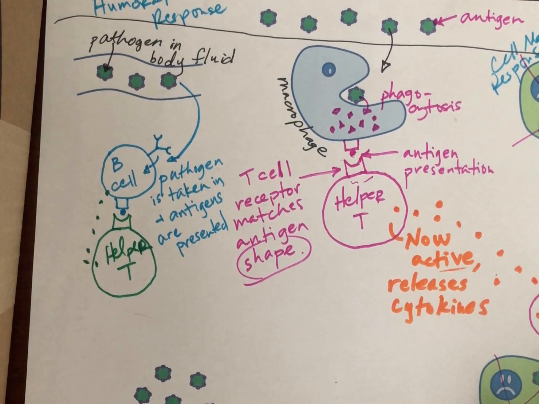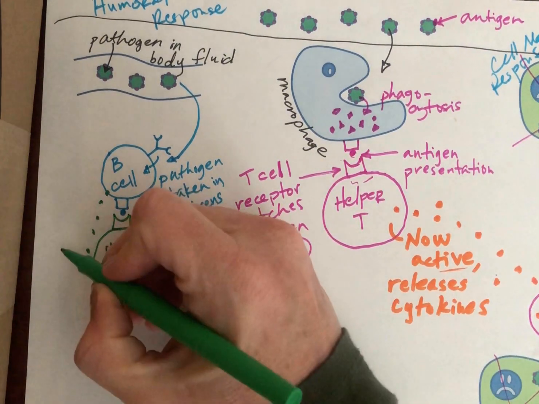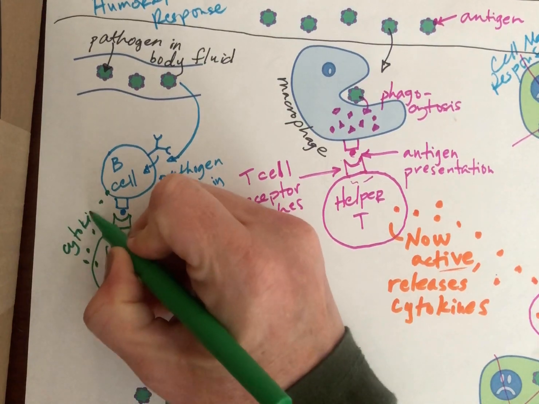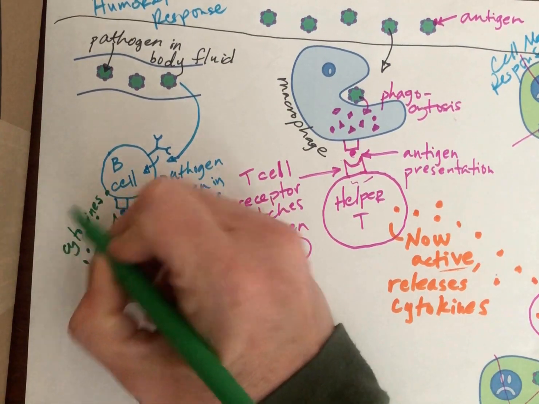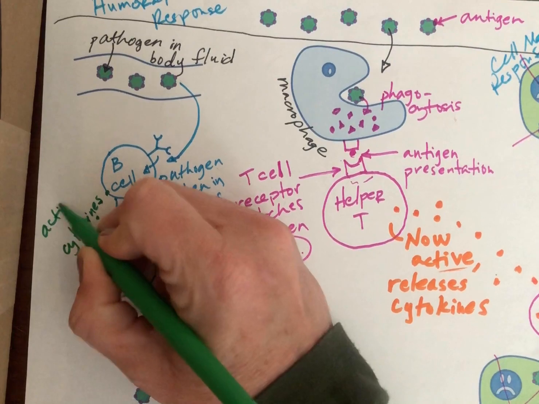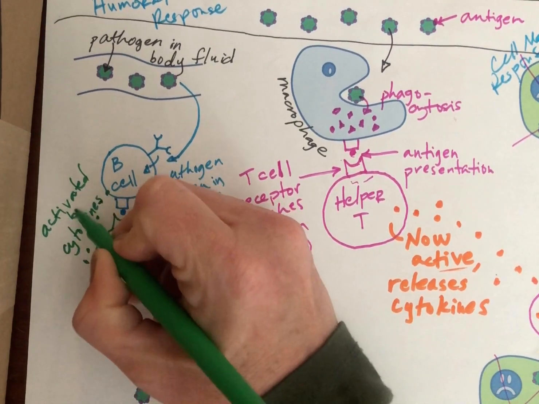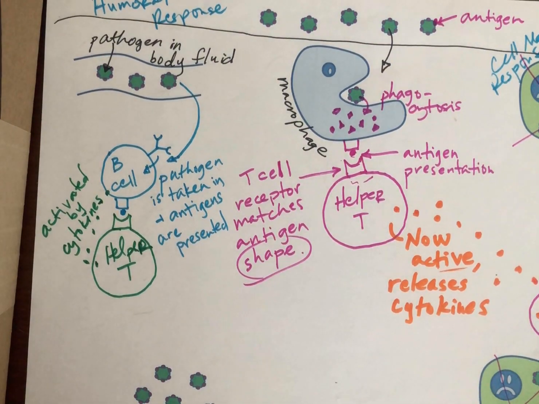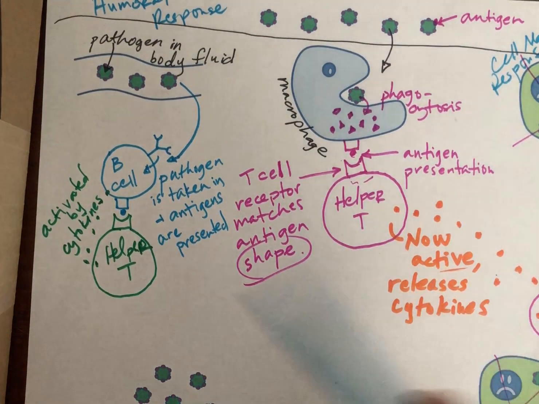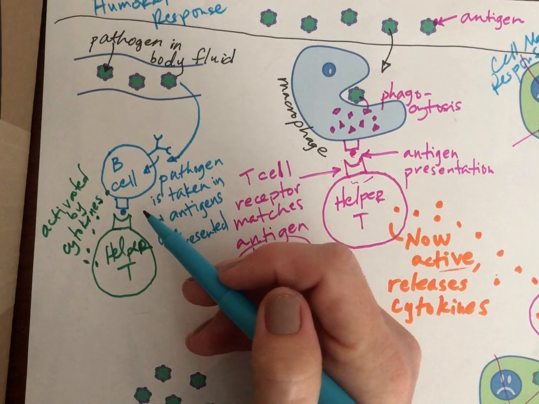And once active, what that B cell is going to do is become an antibody secreting cell. Okay, so once active, the B cell is going to differentiate into